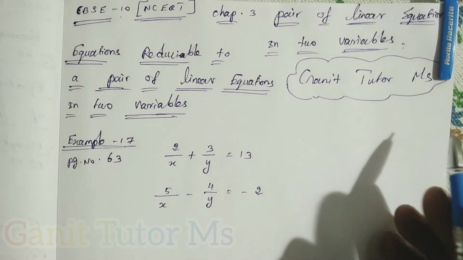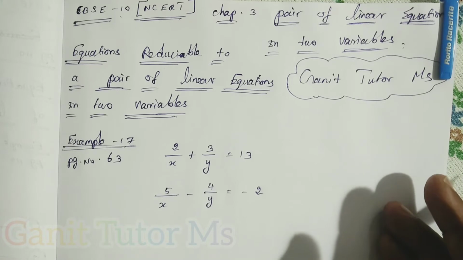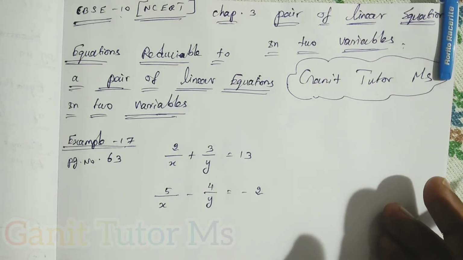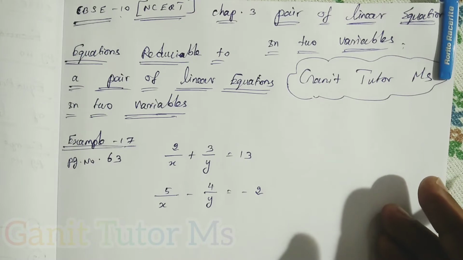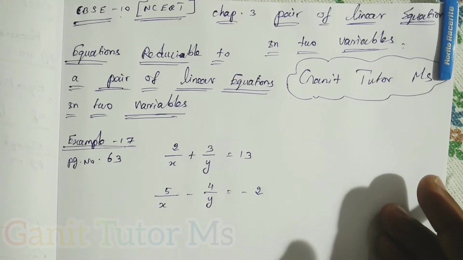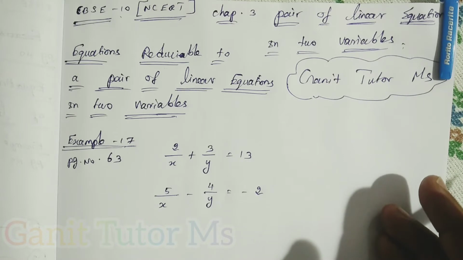But now we can solve this equation by some suitable substitution. Instead of 1 by x, we can put some other variable and make it linear. Then we can simplify the problem by any algebraic method. Then we can resubstitute, putting 1 by x instead of the particular variable, and find the x variable. It is a very easy problem, and moreover, this kind of problem is more important.